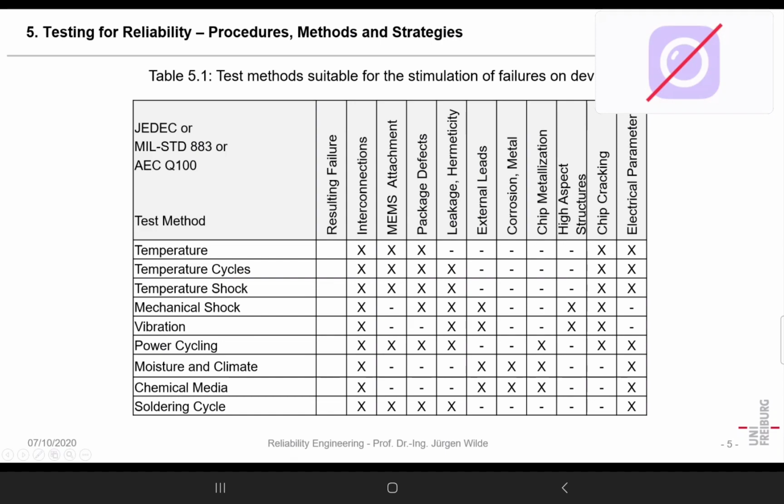So often devices have their legs, which are used to solder it somewhere. A leg is a high aspect ratio structure, and high aspect ratio structures, either something which is unidimensional or two-dimensional, which means it's some sheet-like, are very sensitive against vibration. Yeah, because here we can have large amplitudes.